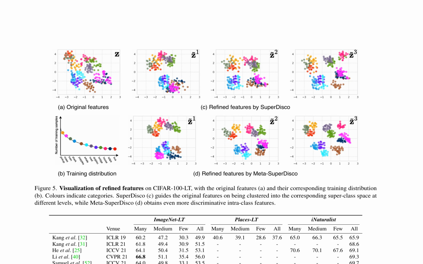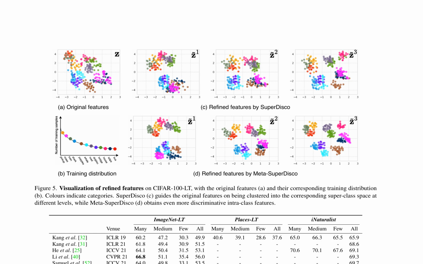The authors present a visualization of refined features on CIFAR100LT using SuperDisco and Meta SuperDisco in Figure 5. This visualization showcases the original features and their corresponding training distribution, with colors indicating categories. SuperDisco guides the original features to cluster into the corresponding superclass space at different levels, while Meta SuperDisco obtains even more discriminative intraclass features. Comparing their method with state-of-the-art methods on ImageNet LT, Places LT, and iNaturalist, the authors demonstrate